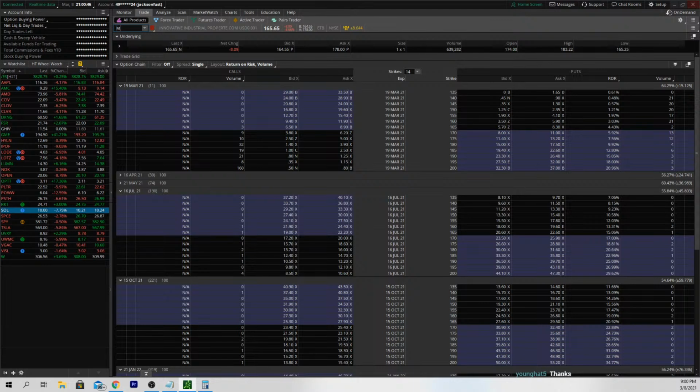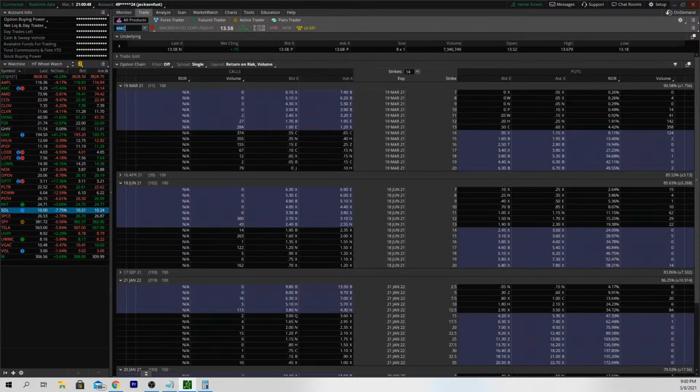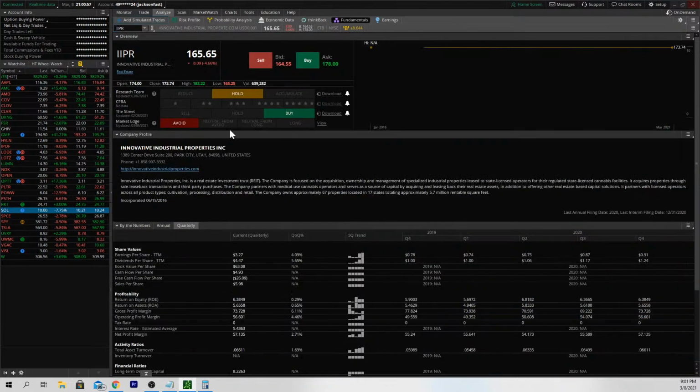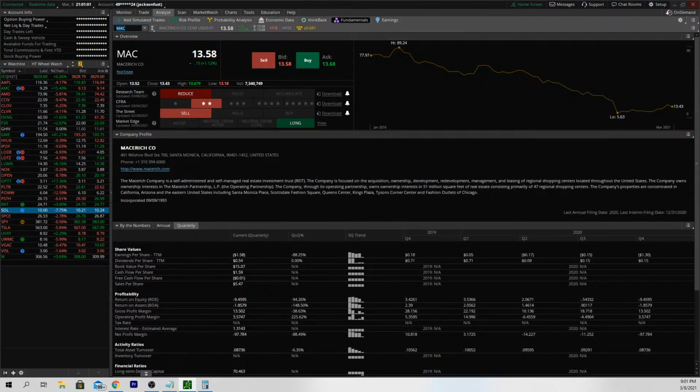So MAC is the last one we're going to take a look at from J Marts again. Macerich. Yeah, okay, we'll call it Macerich. Hopefully I pronounced that right. MAC again. Same deal, a self-administered and self-managed real estate investment trust. They're focused on the acquisition, ownership, development and leasing of regional shopping centers located throughout